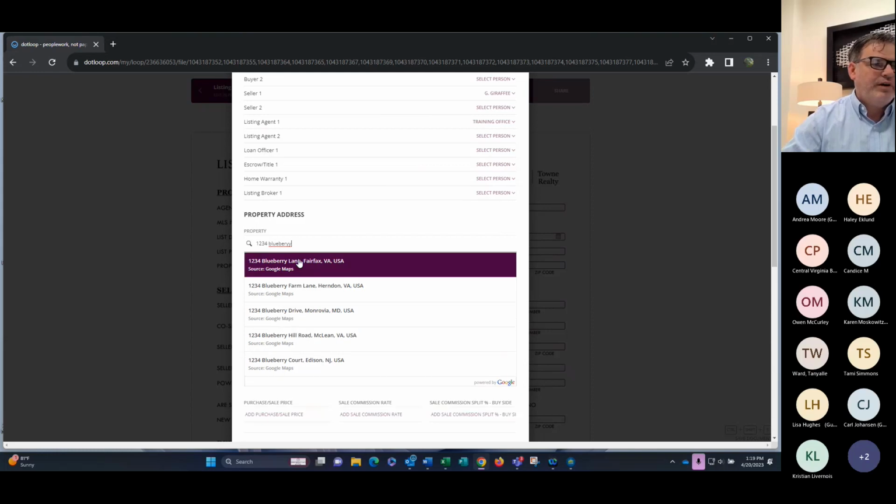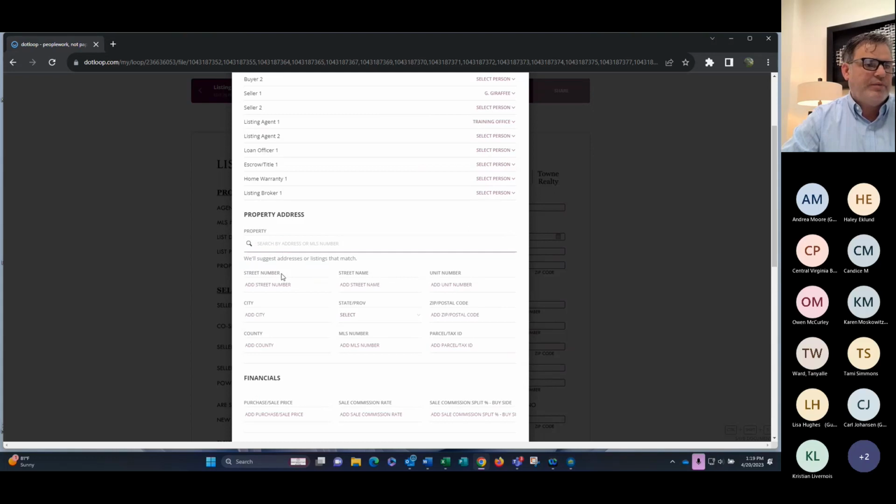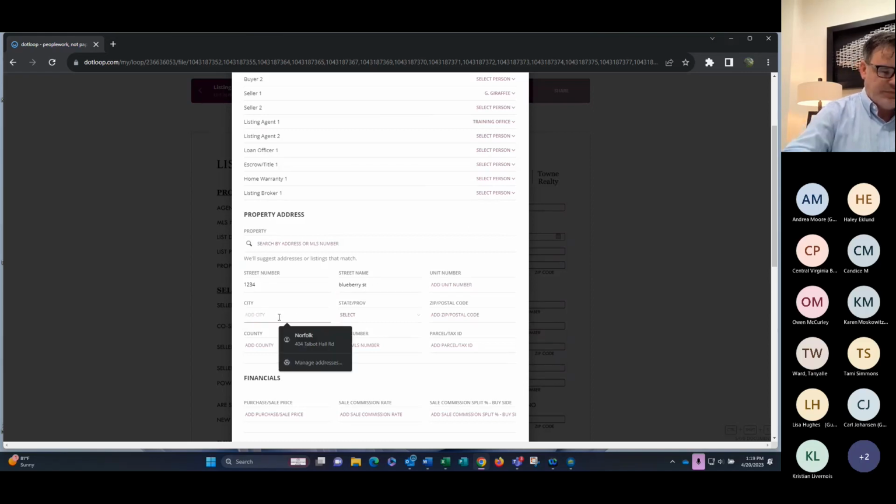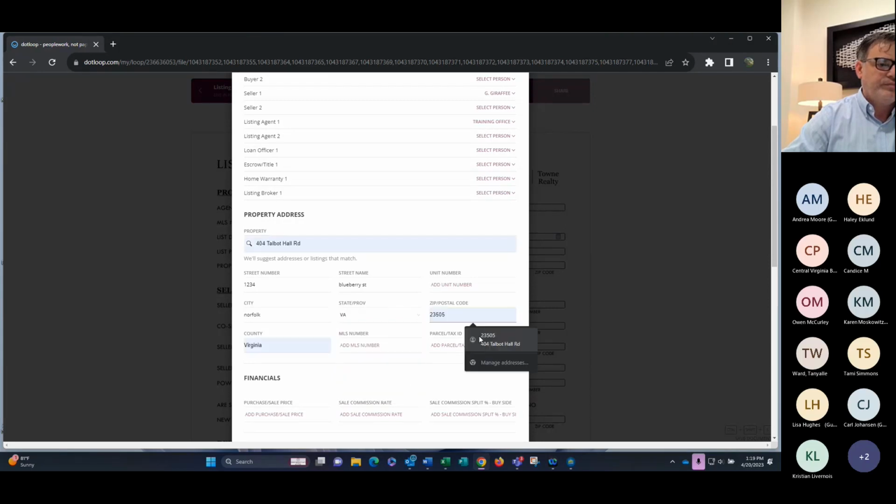And if I was finding Blueberry, I could choose that and it would autofill. But because I want to demonstrate this, I'm actually typing this in. So this is extra work that I'm doing for demonstration purposes. This is not extra work for you to do as an agent. This is just because I want to show you that these fields, as I type them in,